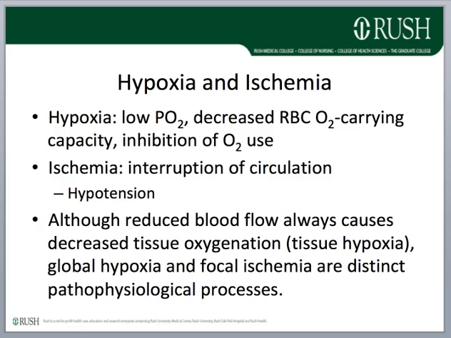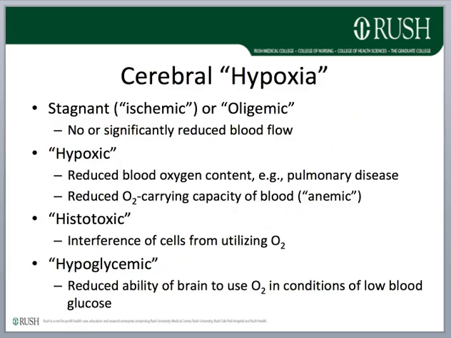Although reduced blood flow always causes decreased tissue oxygenation, that is, tissue hypoxia, global hypoxia and focal ischemia are distinct pathophysiological processes. A practical classification of the pathophysiologic types of cerebral hypoxia is as follows. Stagnant hypoxia includes conditions in which there is no flow, that is stagnant or ischemic hypoxia, or significantly reduced flow, that is oligemic hypoxia. The wonderfully poetic hypoxic hypoxia refers to the reduced blood oxygen content that may result from